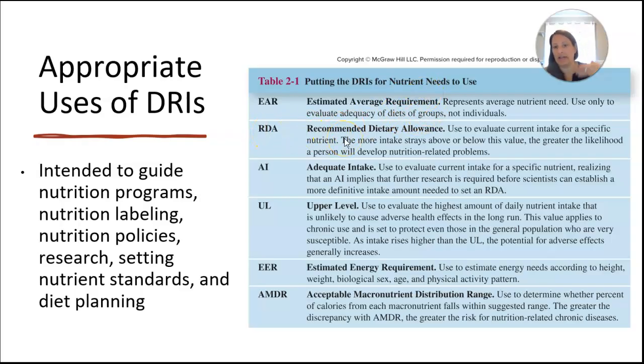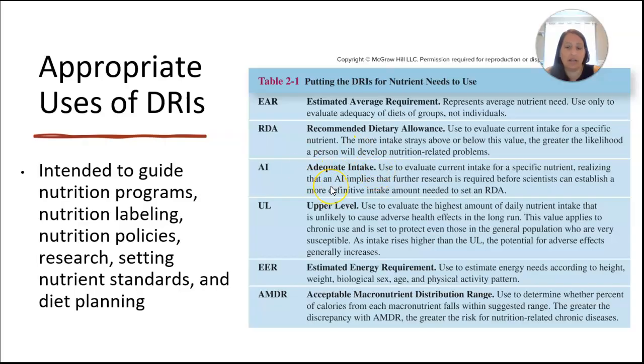RDA, higher, 97 to 98%. These are used to evaluate current intake for specific nutrients. The more an intake strays above or below this value, the greater likelihood a person's going to have too much or too little of that nutrient. Adequate intake is kind of equivalent to the RDA, right? It's when we don't have an RDA or we don't have an EAR. Again, 97 to 98% of people would get an adequate intake of that nutrient by